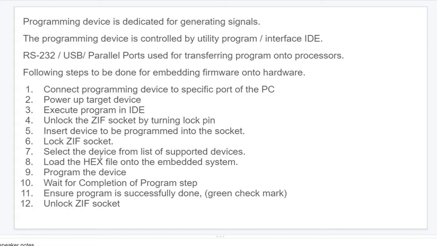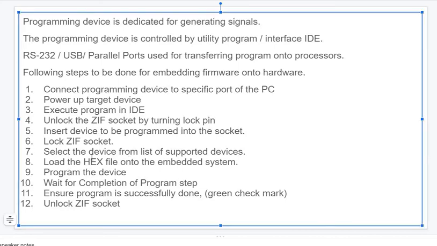Select the device from the list. In our software, Flash Magic, we get plenty of processors, and in that we select ARM7 only. Like that, we select the perfect destination processor. Then transfer the hex file that we created in step 3, called execution. Once I execute, I get a hex file that I have to transfer. Once I transfer, it is called programming that device. Wait for completion of the program, and completion is shown by a green check mark.